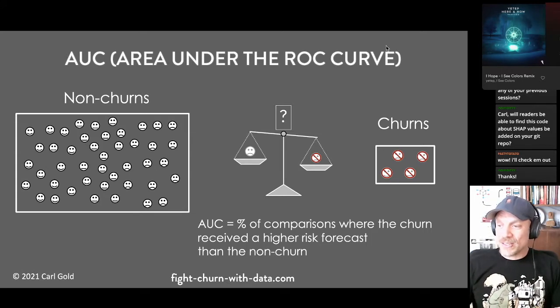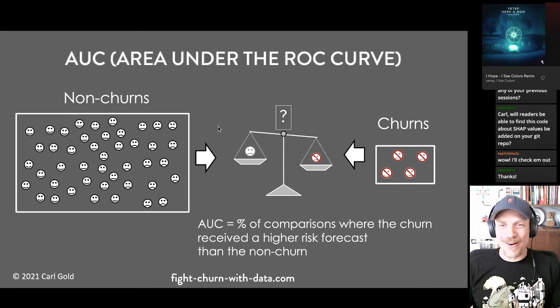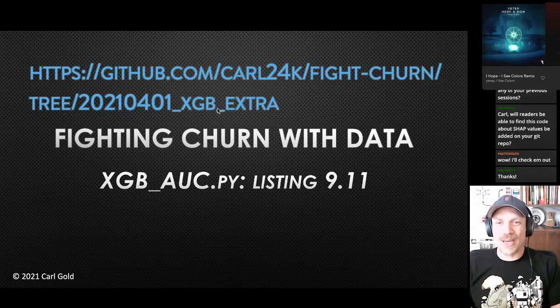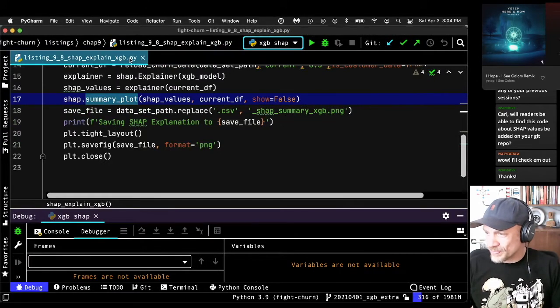All right, so I think that's enough explanation of the AUC, hopefully. Maybe not the best explanation ever. Let's look at some code, and let's look at, oh, I had some animated arrows I forgot about. Let's look at some code and look at doing an AUC calculation with our XGBoost model. This will be a pretty quick one.